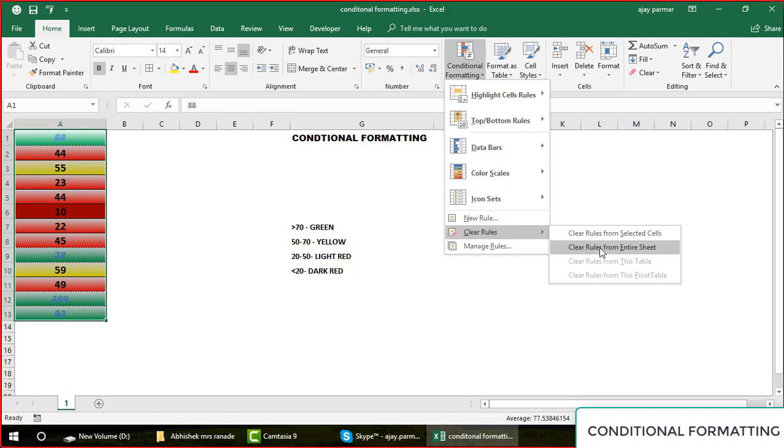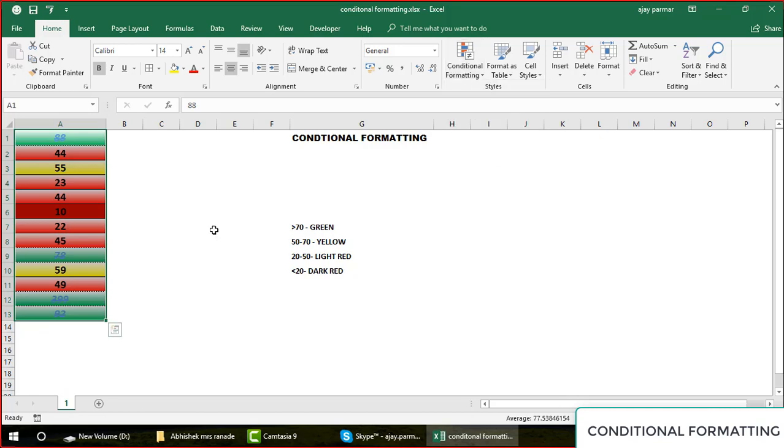If you use this option, then all the conditional formatting will be removed wherever it is on your sheet. So use these options very carefully, because once it is gone, I do not think you will be able to undo it. Okay, so I always prefer this option, selected cell. So whatever selection you have, this will go.